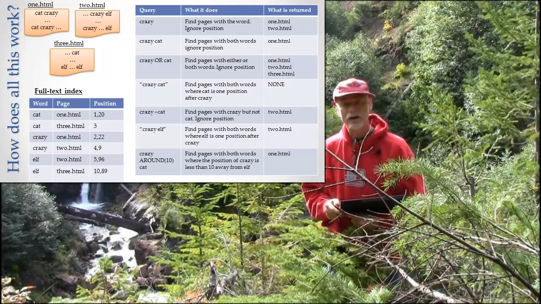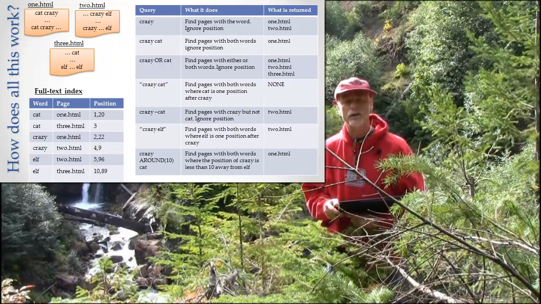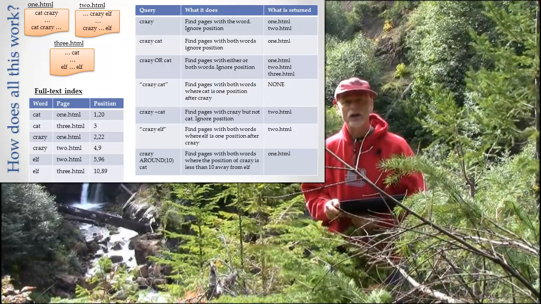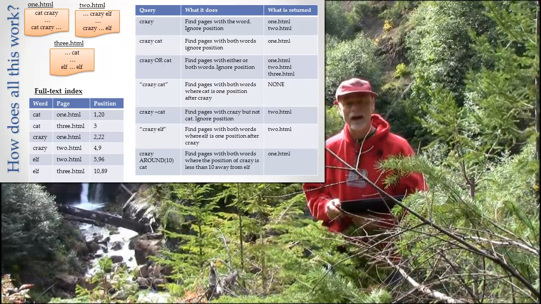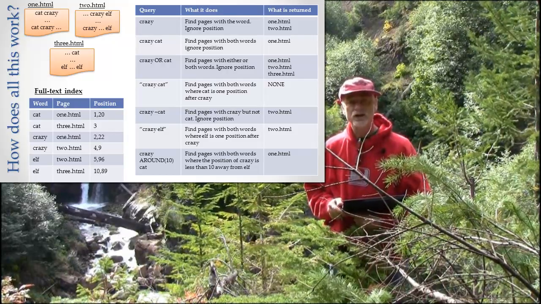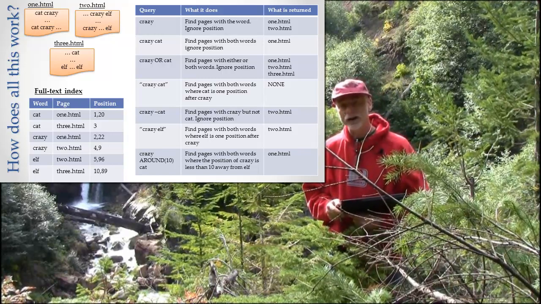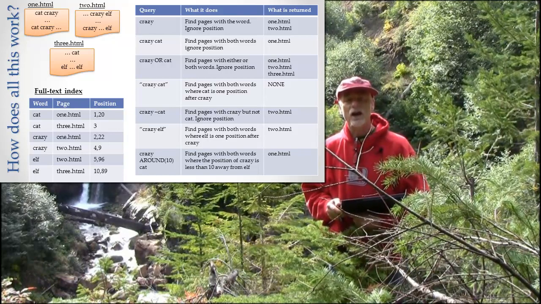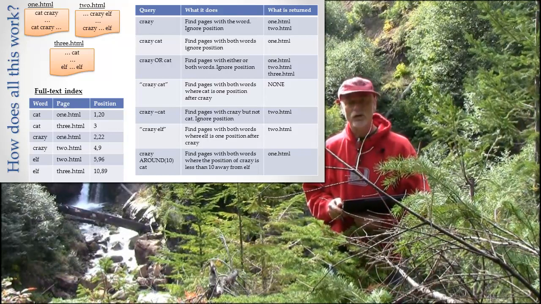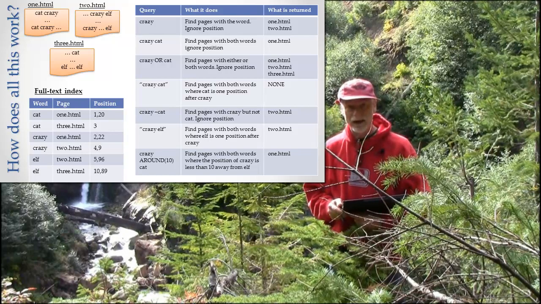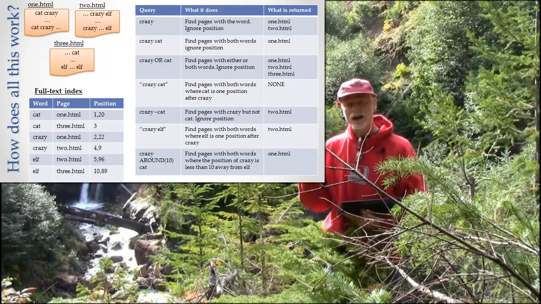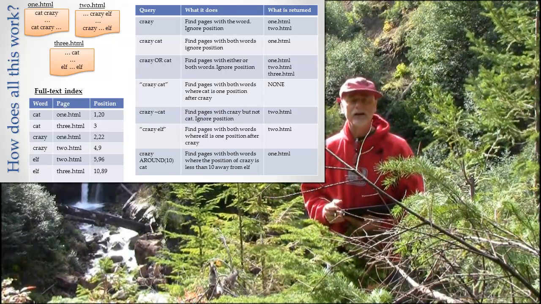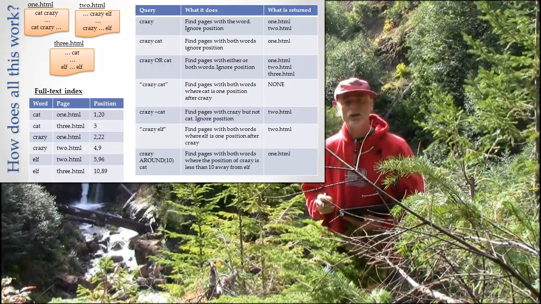So some vocabulary here, not really important vocabulary, but I want you to have heard it. I issue a query. That query has criteria. The criteria are the parts of the question that I'm asking. The Google search engine reads those criteria and finds web pages that match the criteria and returns them as results. Returns them as results means finds them and presents them to you. Okay? I issue a query. That query has criteria. Google looks at those criteria, finds pages that match that criteria, and then returns those pages